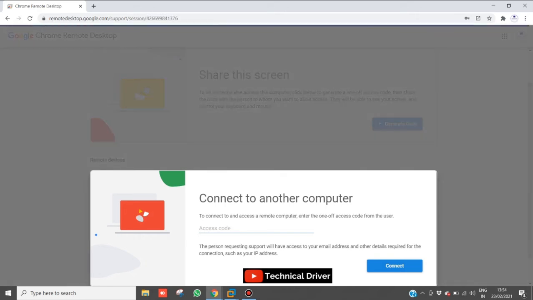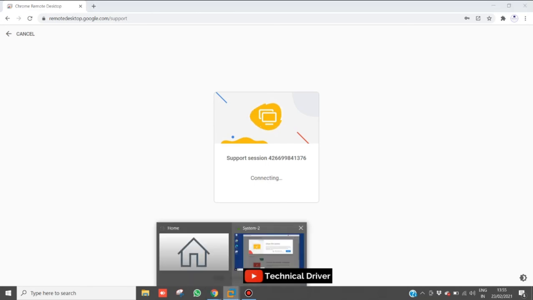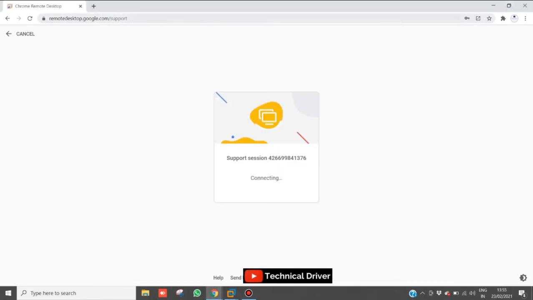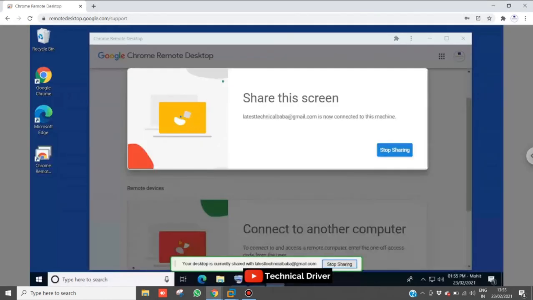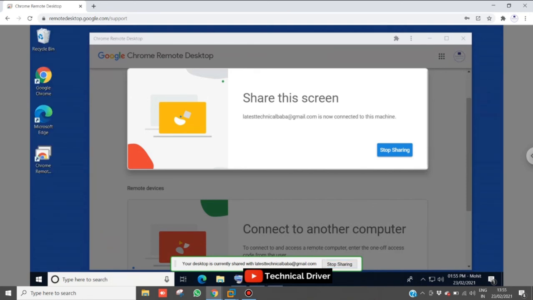You can see the machine is currently connecting, and it will take 5 to 6 seconds to establish the connection. You can see the pop-up, and my virtual machine is accessible on my main machine.